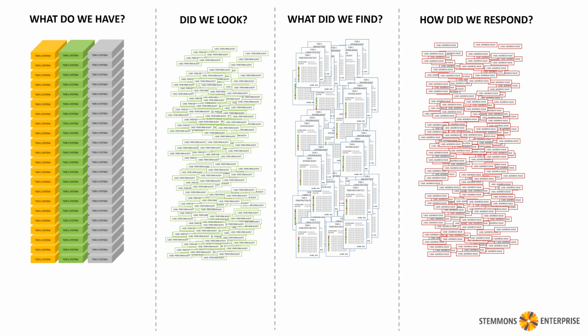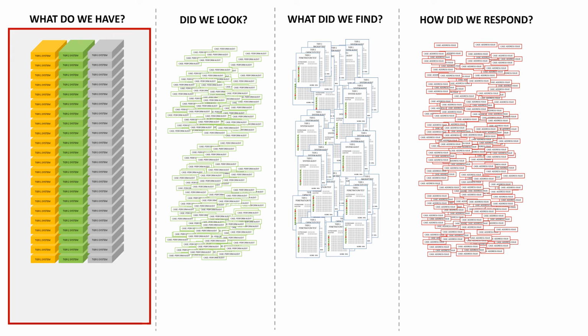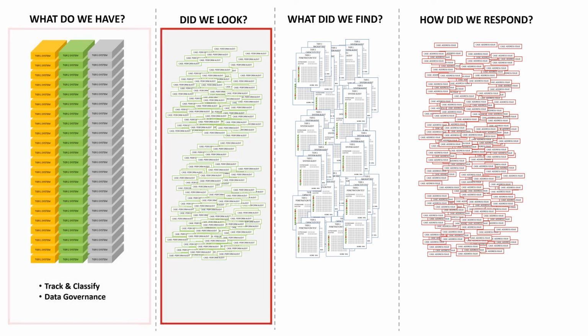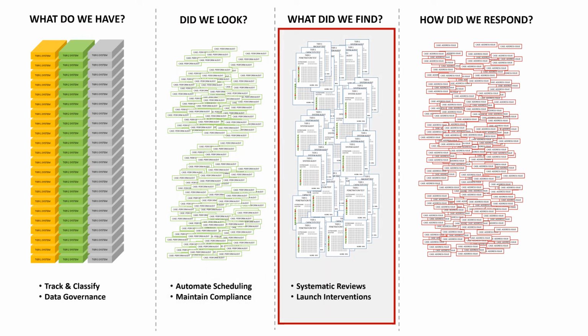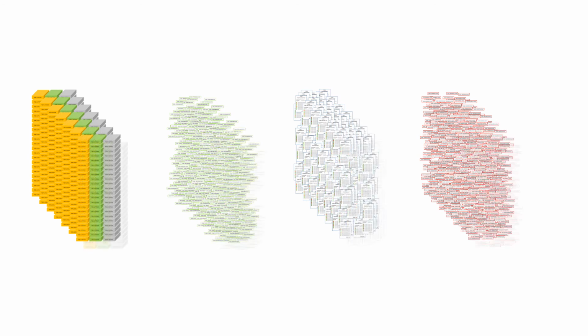Larger organizations have many systems. We can look at them individually to see what happened for a particular one, or we can look globally and do things like track and classify our assets, or have effective data governance. We can automate schedules and stay in compliance, have systematic reviews and launch interventions effectively, and finally track projects and make actual improvements. Running this process over time generates a lot of data that we can use for some very